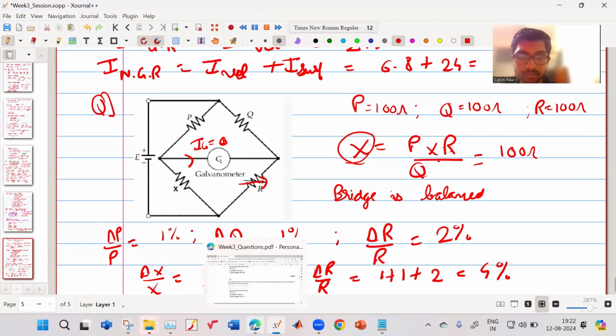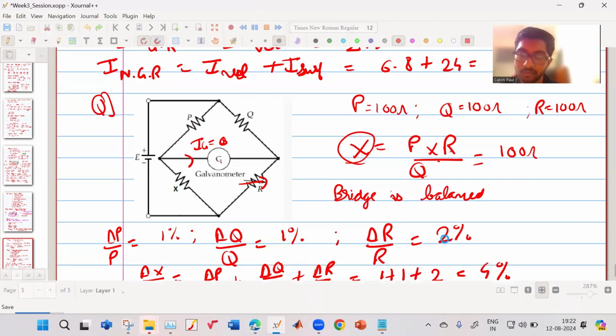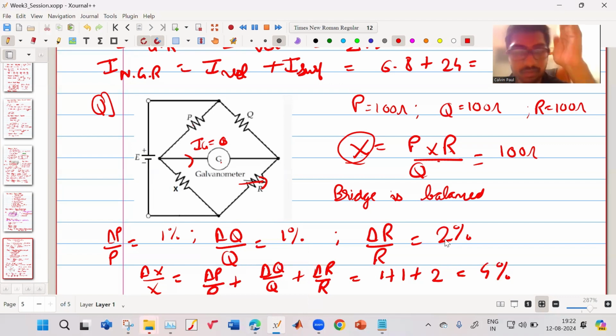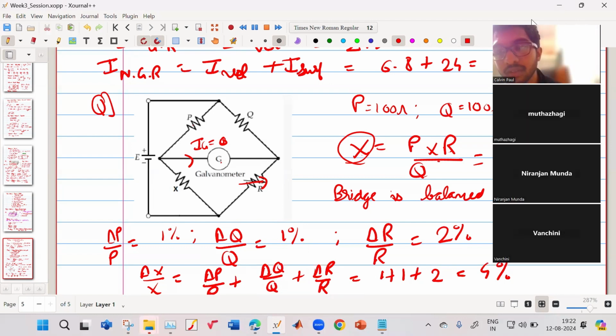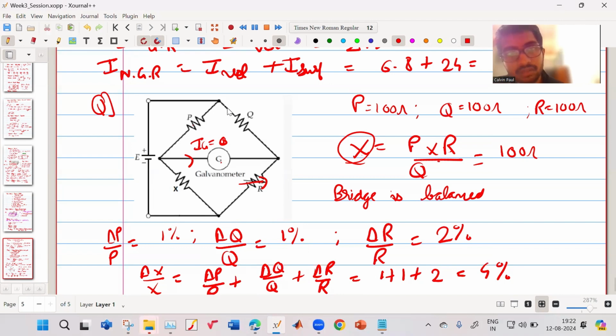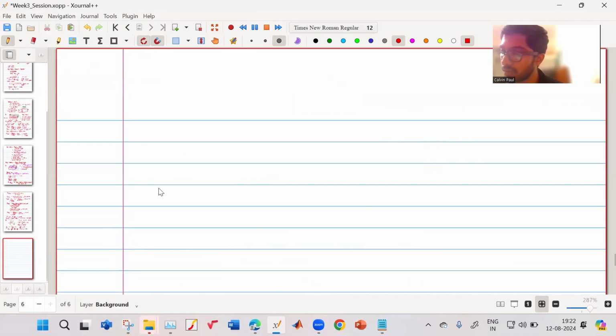So now, any doubts still here? कैसे हुआ सर ये? Sorry? कैसे हुआ सर ये? ये वैल्यू कैसे? अच्छा, सुनाई नहीं दे रहा. You can put it in the chat if you want. Okay. So